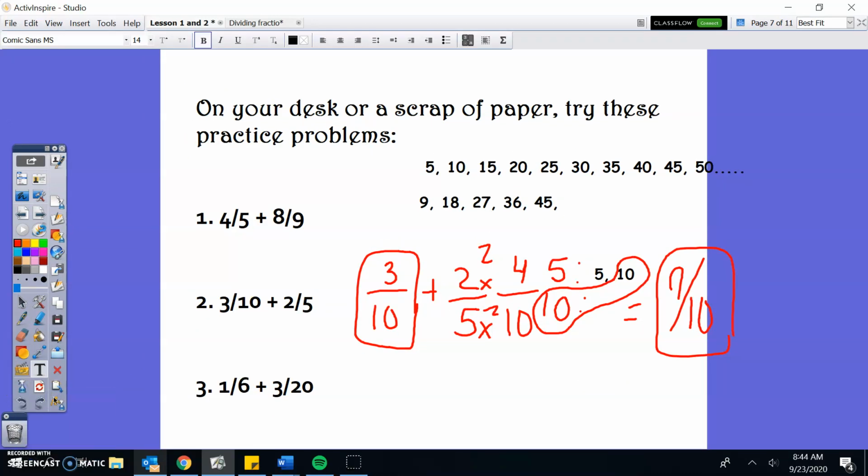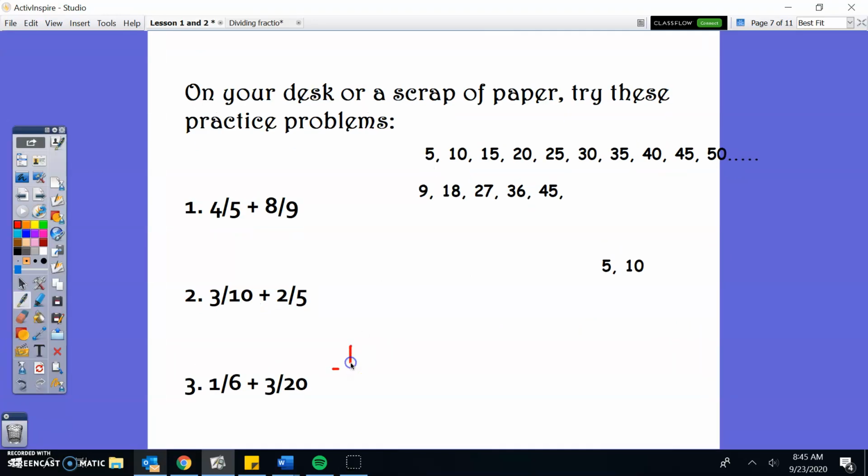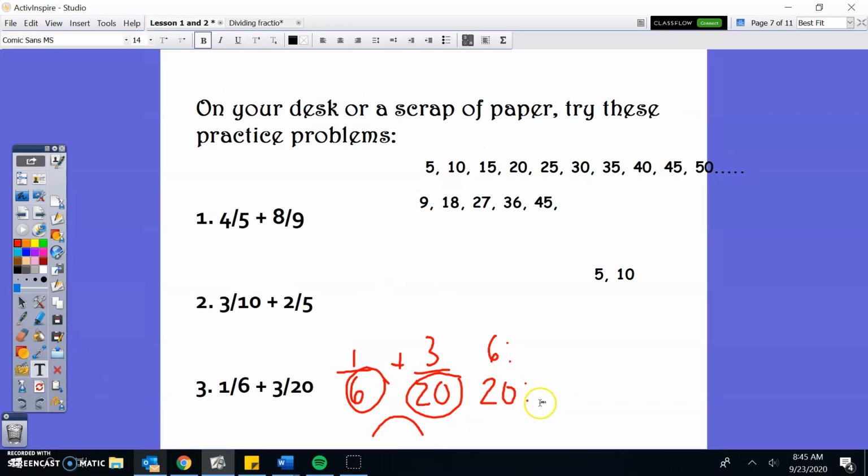Now let's try number 3, 1/6 plus 3/20. I'm going to look at my denominators. My denominators are unhappy, unfortunately. So I need to list my multiples for 6 and for 20. I'm going to start with 20 this time, actually, because I know 20 is much better than 6's. So 20, 40, 60, 80, 100. Now I'm going to do my 6's. When I find a common denominator, I'm going to stop. So 6,